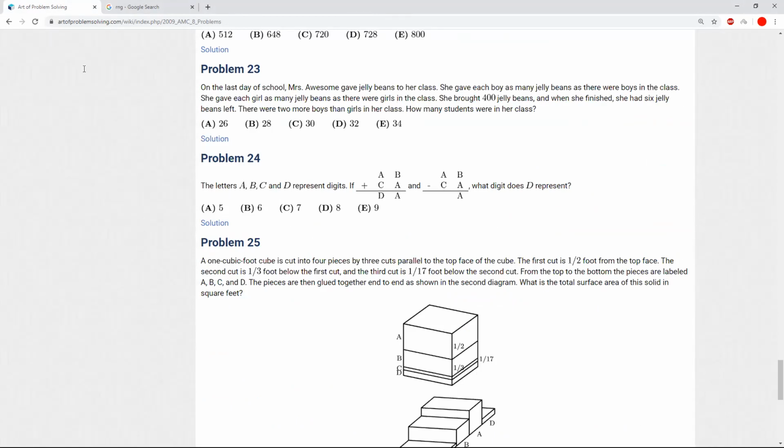So this is like more of a puzzle question. If the letters A, B, C, and D represent digits. Okay, so this is like a puzzle question, I guess. So we have to look at it one piece at a time. So if we look at this column right here, we get that B plus A